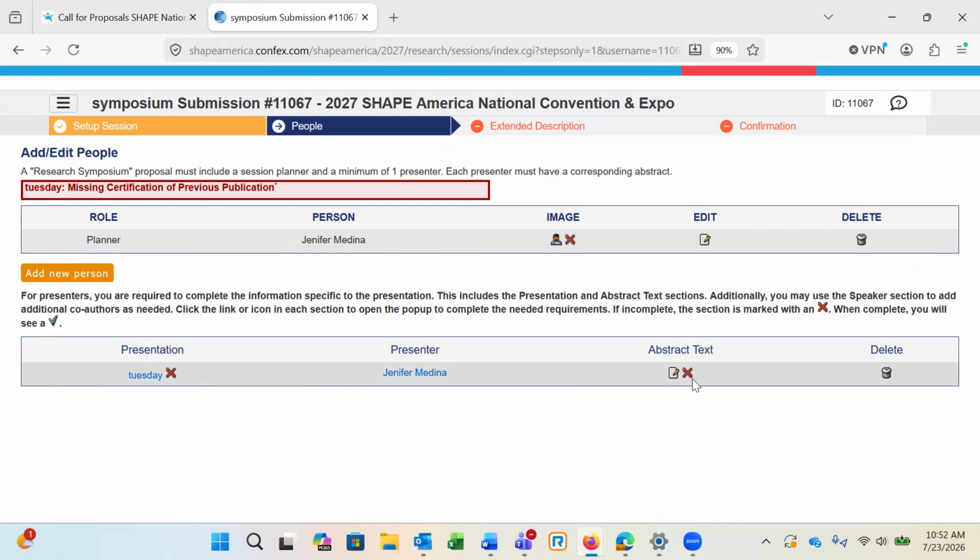The red X will change to a check mark once the necessary information has been provided. All authors must include their own presentation and abstract text. Please note that the authors will be listed in the program in the order they are listed in this section. You can use the arrows to the right of the author's name to move the authors up and down in